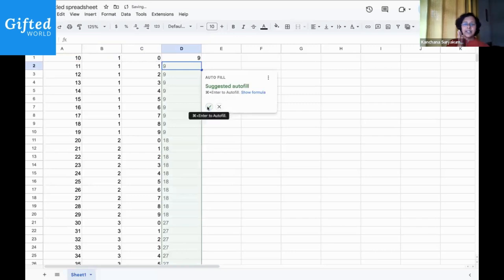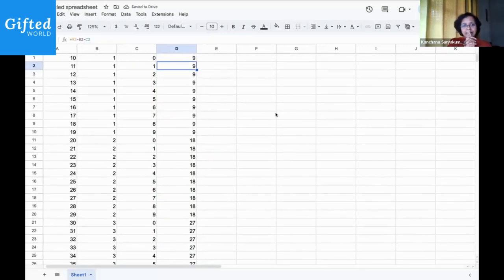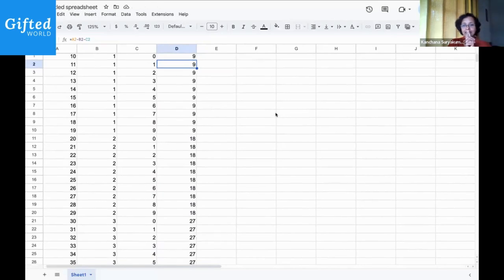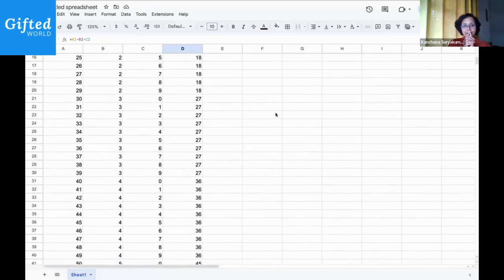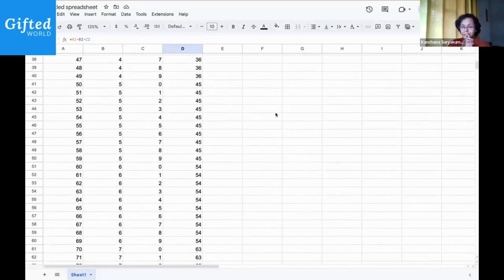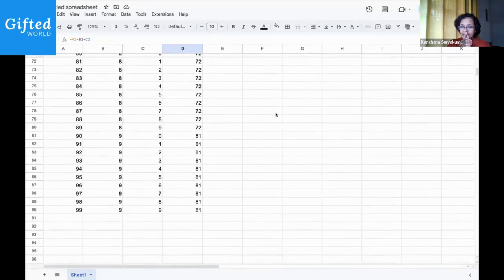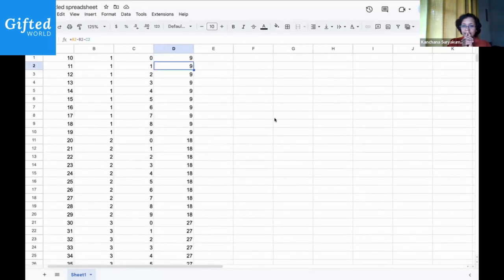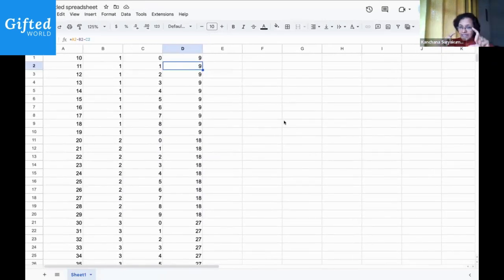Let's see what happens. Now, this is the interesting part that we've been waiting for. Do you see this pattern emerging? From 10 to 19, all the answers are 9. From 21 to 29, all the answers are 18, and so on. So every 10 numbers, things are changing, and they're changing as a multiplication of 9, right? So for us to see this pattern becomes easier because we've got all the 2-digit numbers in front of us. It's easier for us to catch that 9 times table.